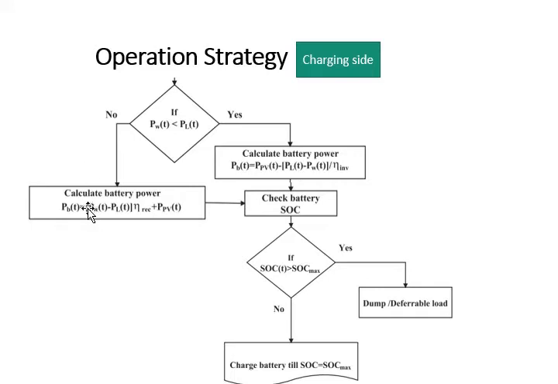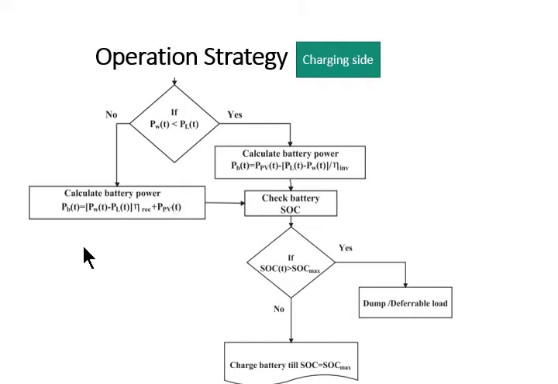The purpose of this one will be, as the output of the PV is DC and the output of the wind turbine is AC, we are calculating the output power, the extra power that will be supplied to the battery. So in both cases, P battery will be different. If only the wind turbine is sufficient to meet the load demand, then wind minus load, after passing through the rectifier efficiency, will be the extra power from the wind turbine after meeting the load demand, plus the PV power.